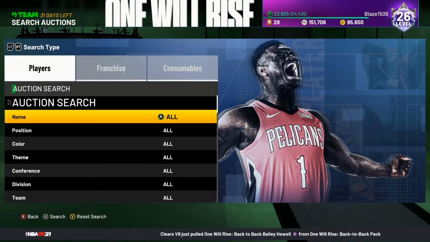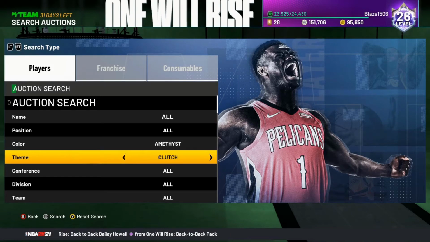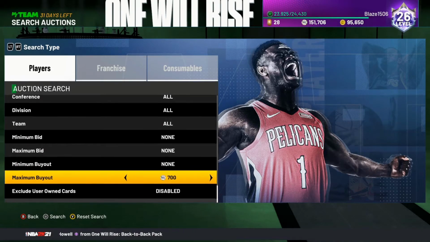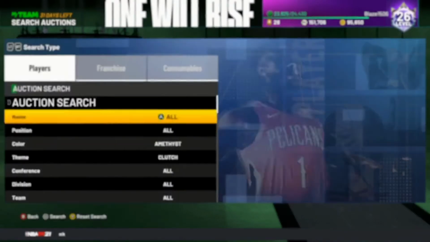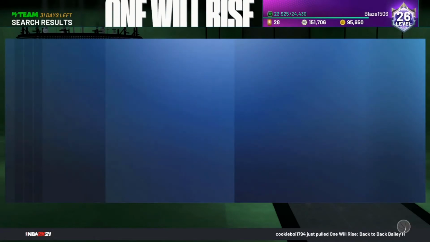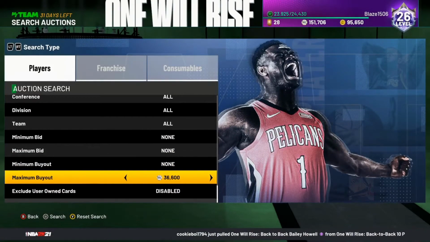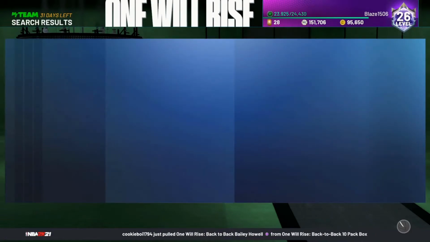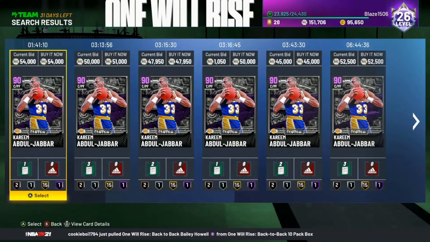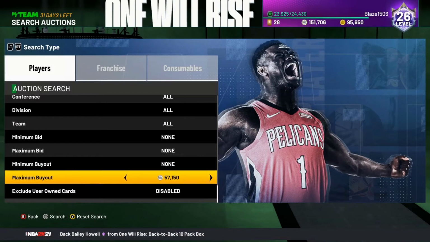The next filter we're going to go into, which I was using as packs launched last week, is the Amethyst Clutch filter. I managed to snipe a few Kareems on it. I know a lot of people have been able to snipe a lot of Kobes on it, which he's still selling for a lot. Need to check what the cheapest one is. I haven't looked in a little bit. Probably around 50k. Yep, 50k. So if you set this to 40k,